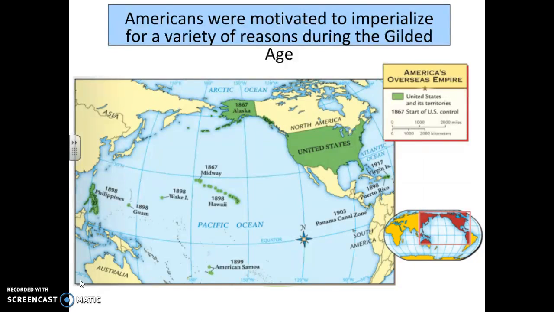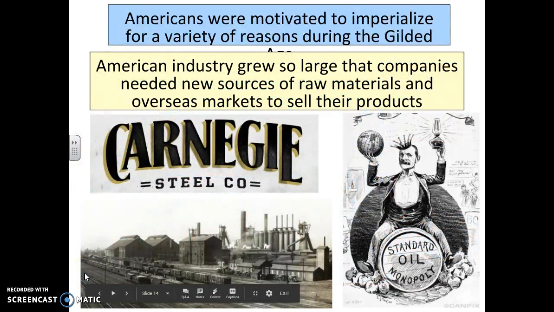We've got to think about what is happening during the Gilded Age, and one of the major reasons is going to be industry. The idea that we need new sources of raw materials and overseas markets for the major industries of the world. So the major companies that were established during that Gilded Age, whether it be Carnegie Steel or Standard Oil, they're looking for new places to sell. They basically tapped out their markets here. They've established their near monopolies, and they want to continue to advance,